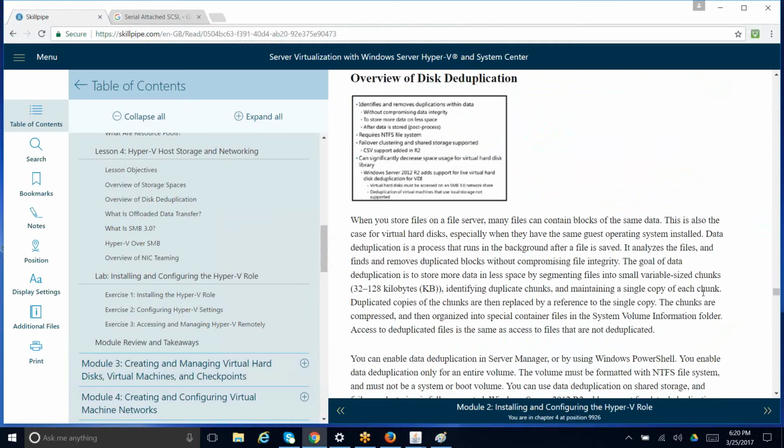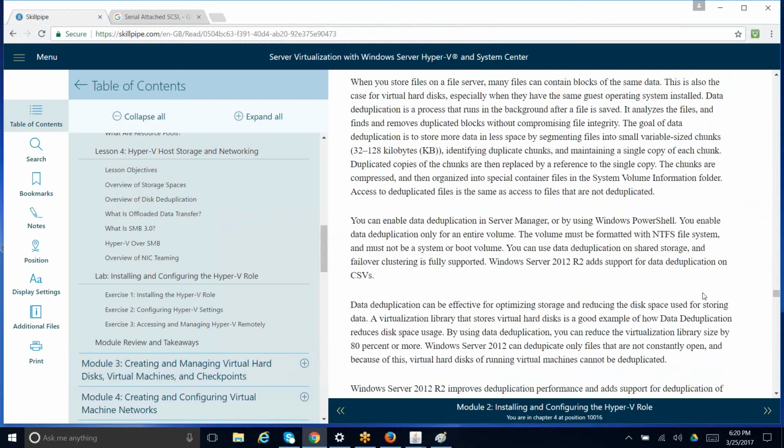What is deduplication? When you store files on a file server, many files can contain blocks of the same data. This is also the case with virtual hard disks, especially when they have the same guest operating system installed. Data deduplication is a process that runs in the background after a file is saved. It analyzes the files and finds and removes duplicate blocks without compromising file integrity. The goal of data deduplication is to store more data in a single space by segmenting files into small variable size chunks, 32 to 128 kilobytes,